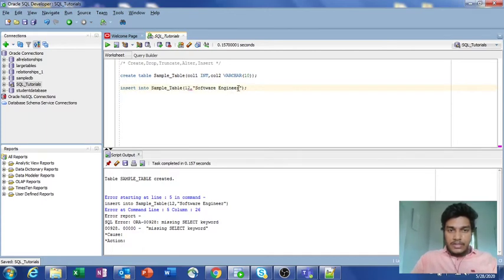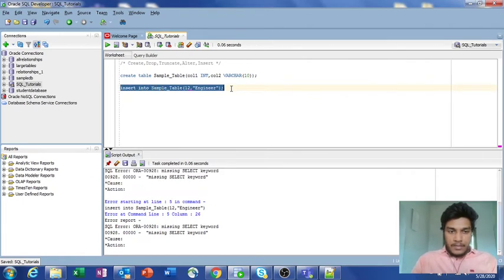So I am removing the word software, saving it, selecting it, and running it. Oh, again it is showing some error.